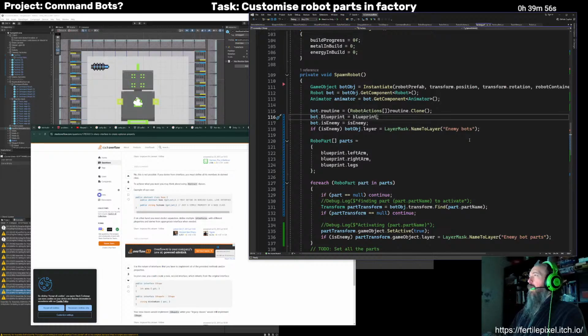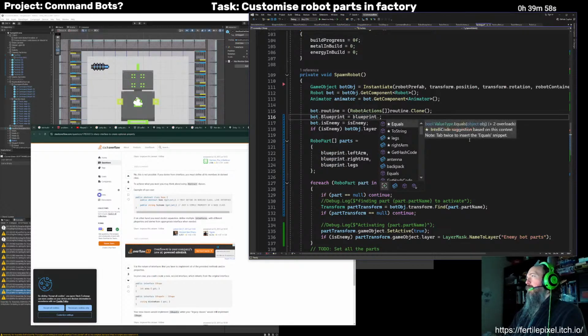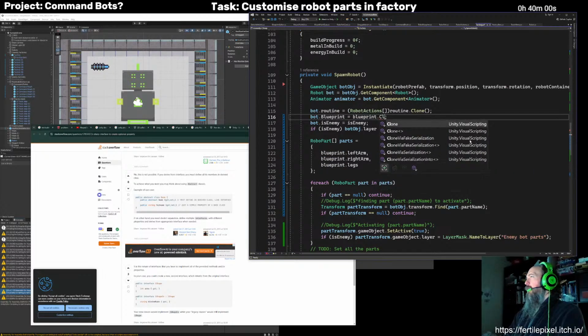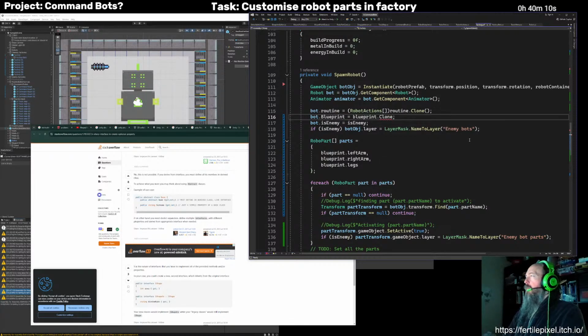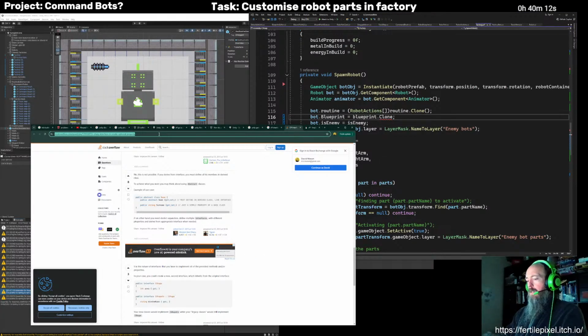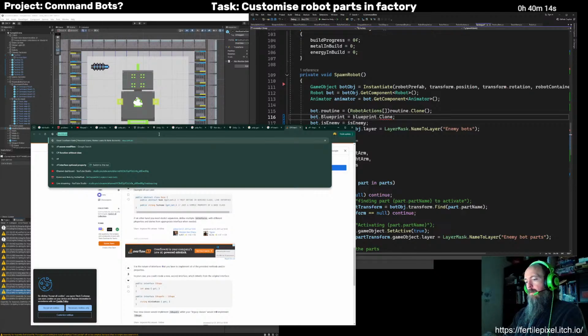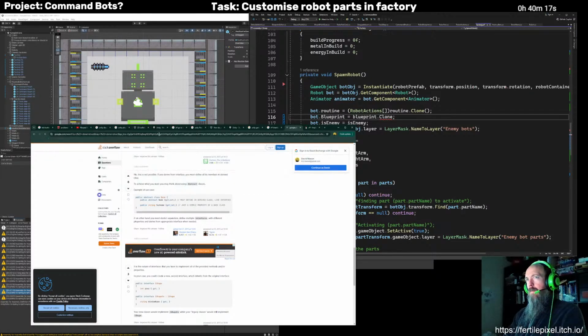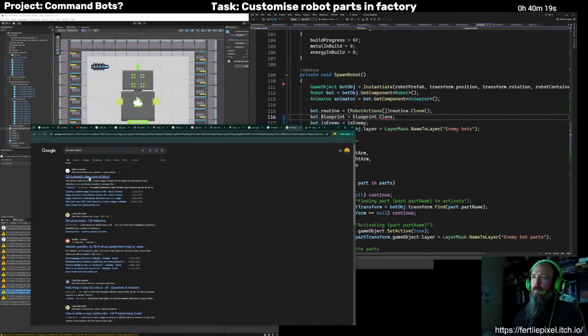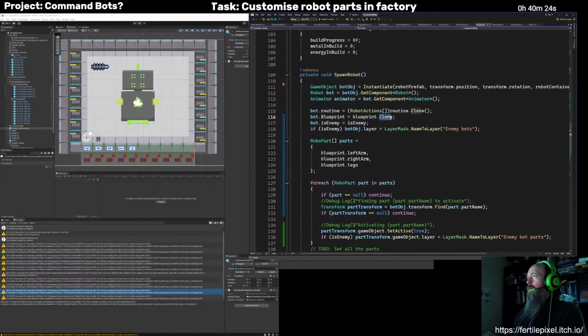But I probably want to clone that. How do I just make a copy? Oh, wait, it's a struct. I can just do that, right? And it's passed by value because it's a struct. I hope that's right.